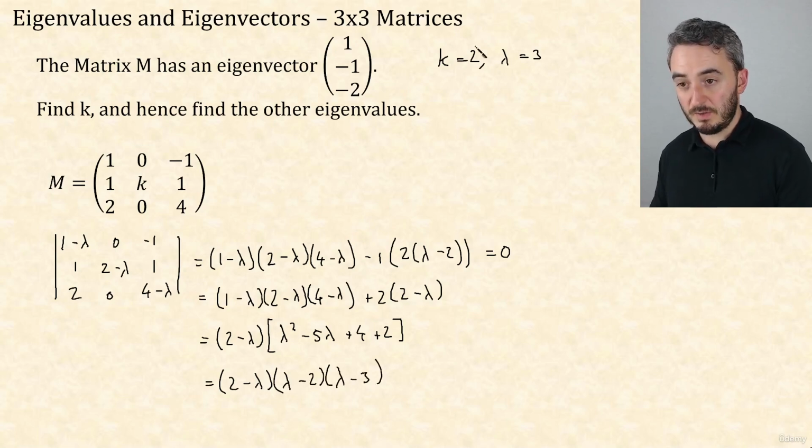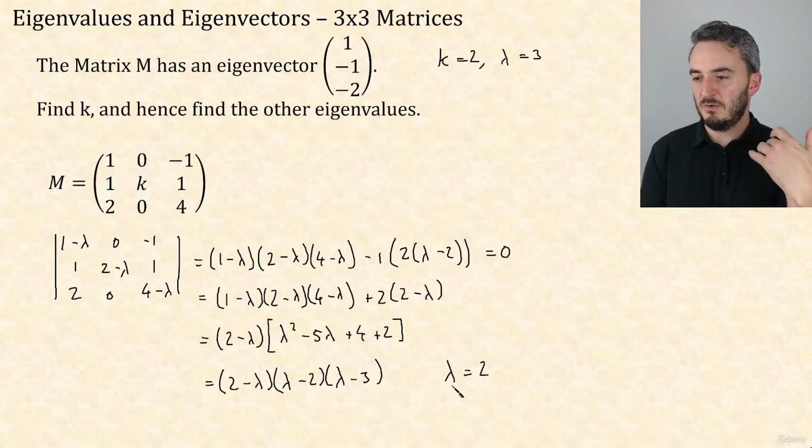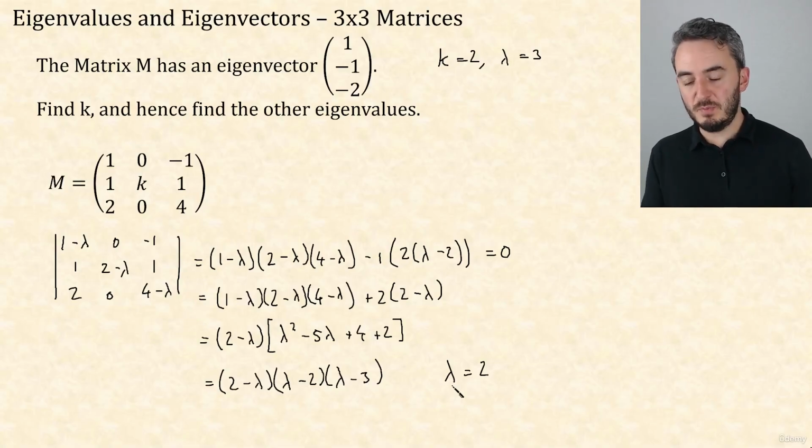So there's the lambda equals 3 from before. And look, we've got an interesting case here. We've actually got only one more eigenvalue, so a repeated one of lambda equals 2. Now, repeated eigenvalues, totally possible. What they entail for eigenvectors is a bit beyond the scope of this course. We're not going to get into computing that, but just so you know, what it typically gives us is, rather